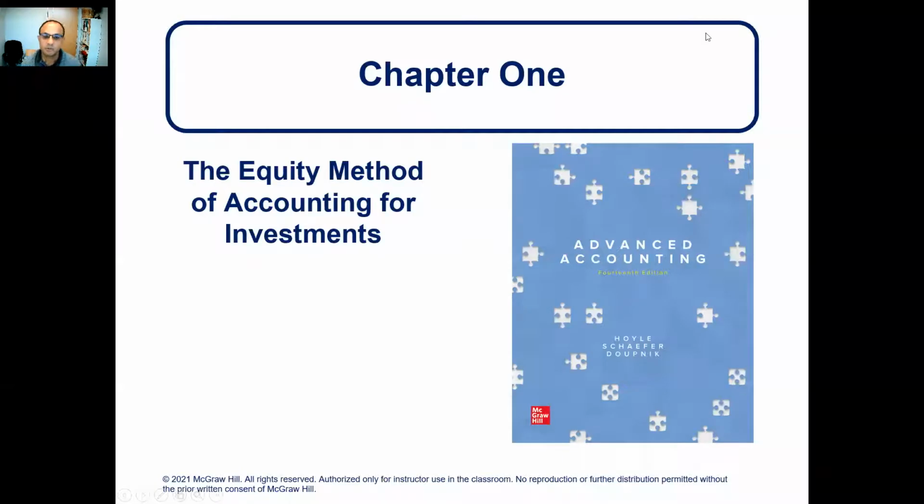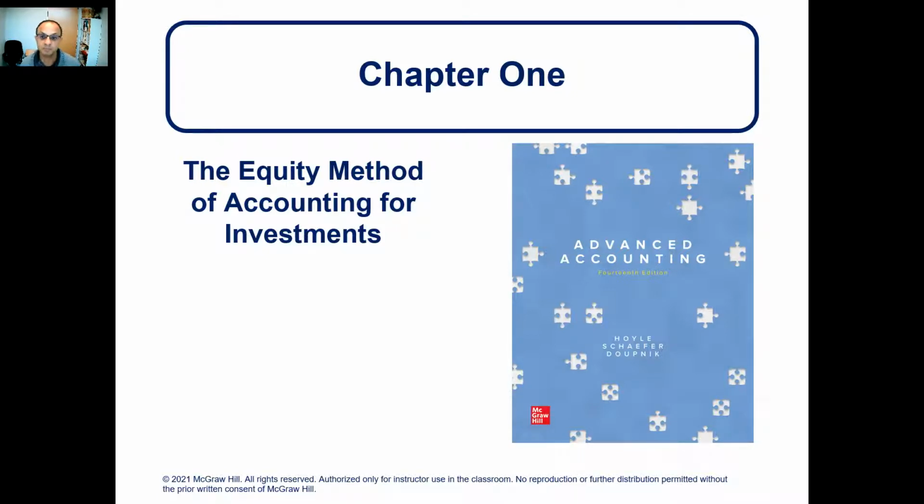Hi there, in this video I will continue talking about the equity method and the fair value method for the consolidation of two companies. If you remember, in the previous video we said if the parent company owns less than 20%, we use the fair value method or the cost method. If the parent company owns between 20 and 50%, then the parent company uses the equity method. If the parent company owns more than 50%, here we use consolidated financial statements, which we will discuss in the